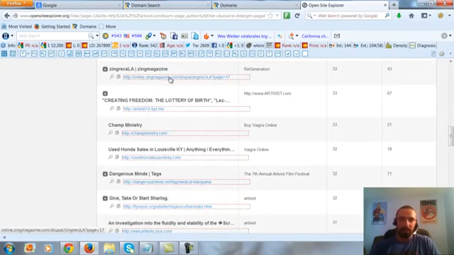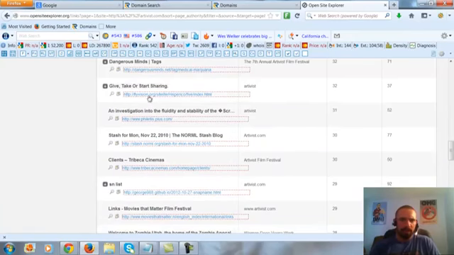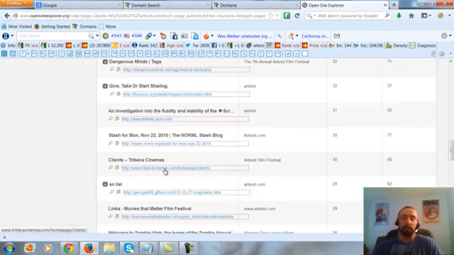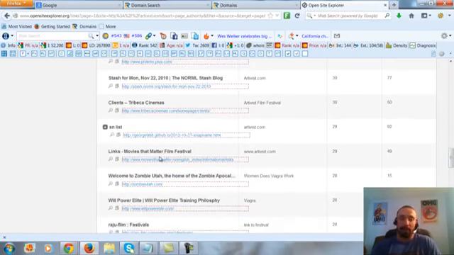Zing magazine, that's probably a decent link there. Fly Vision, which I would probably end up going to this site and seeing what it's about. But these look like normal types of links to me. Tribeca Cinemas, okay, so cinema matches with film festival. That's a normal link right there. Okay, natural, as I call it. It's that the site the link's coming from matches the content of what the site was about. So that's the type of stuff I look for. Again, movies that matter. Okay.